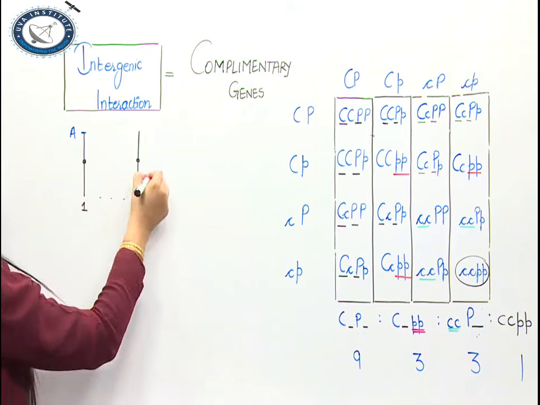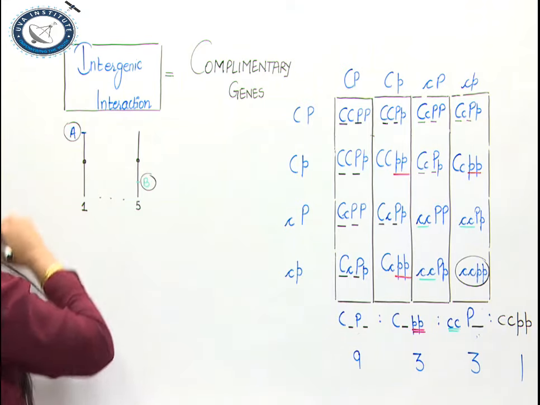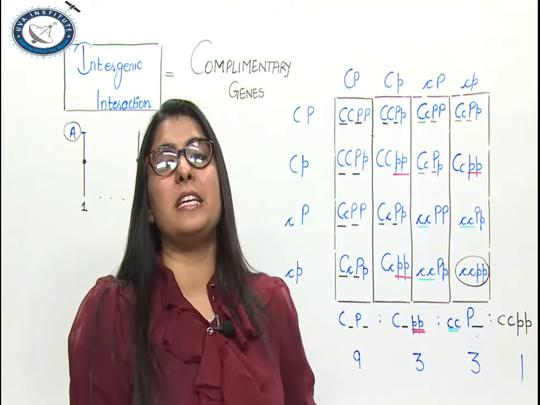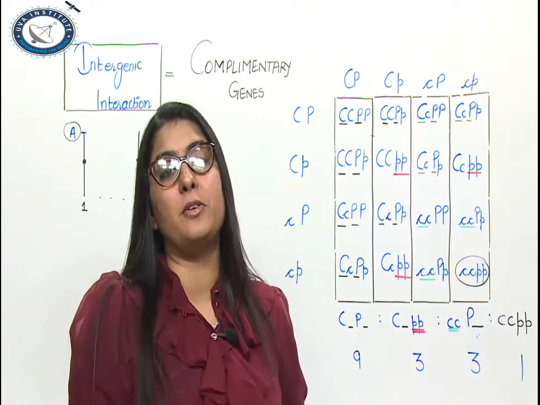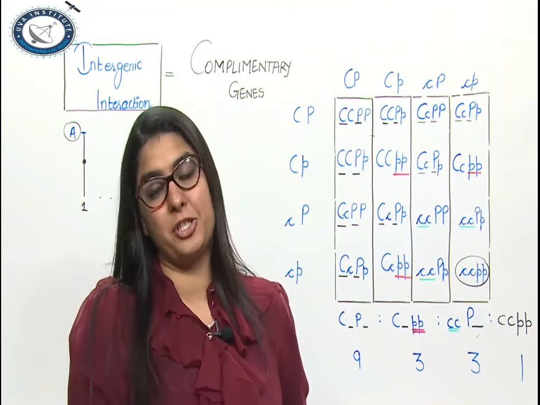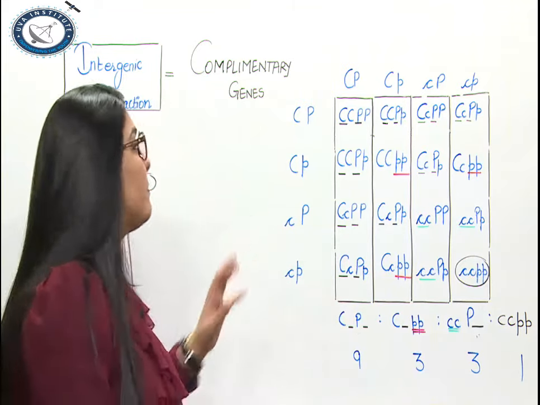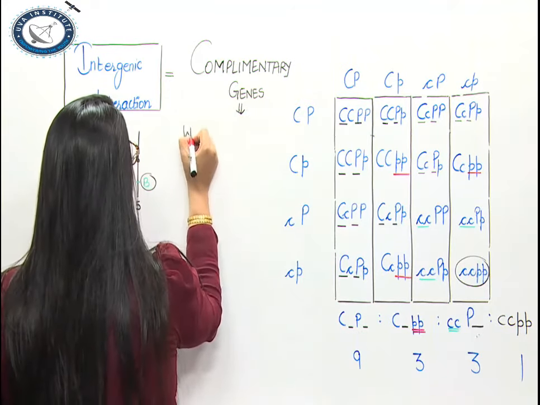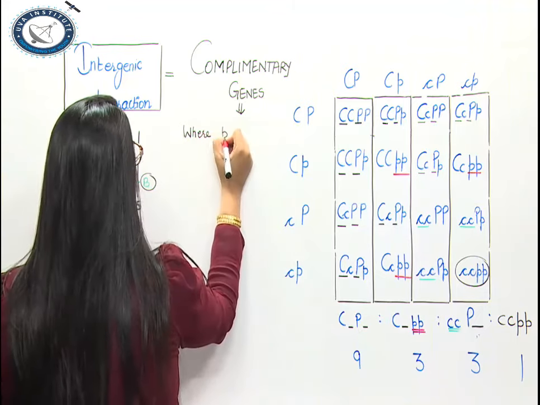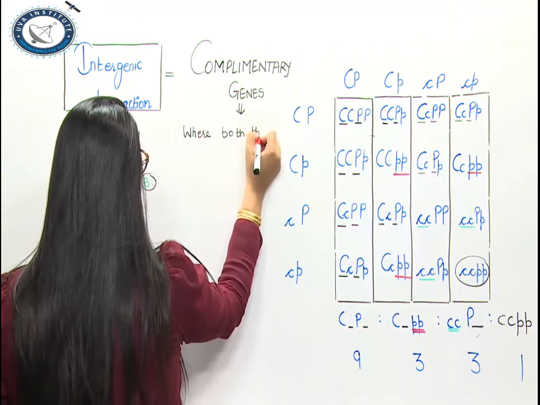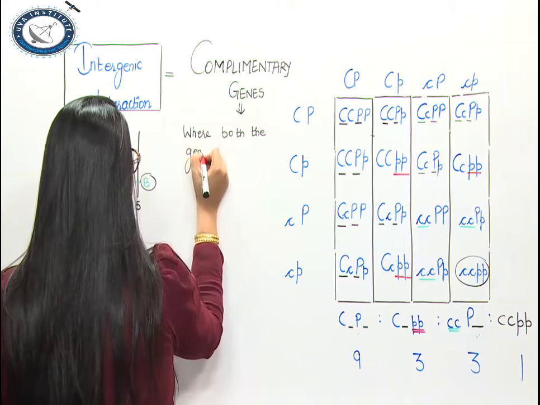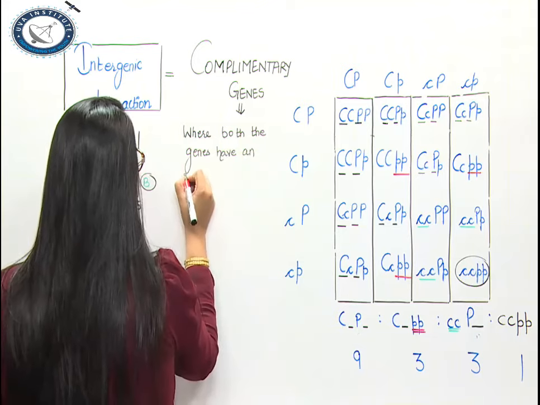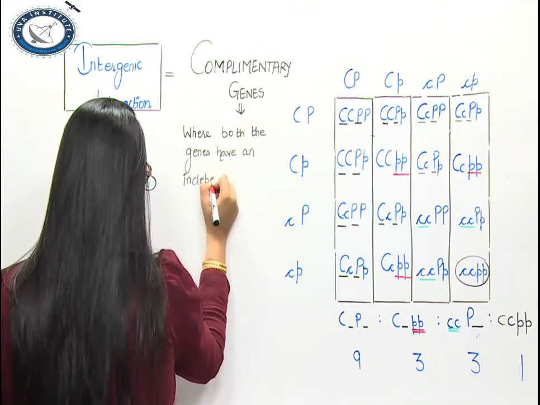This B gene and A gene together are interacting with each other in such a way that they are producing a different phenotype than their normal expression. We say that complementary genes is an interaction between two genes where both the genes have an individual expression, also we can say both the genes have an independent expression,